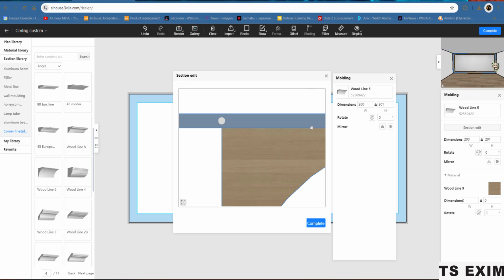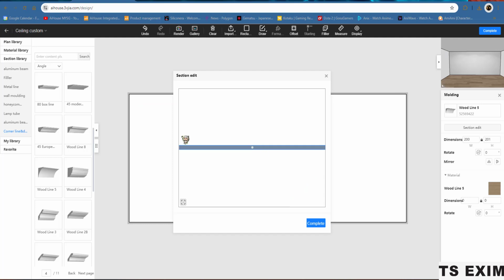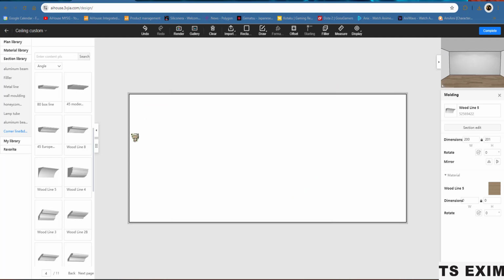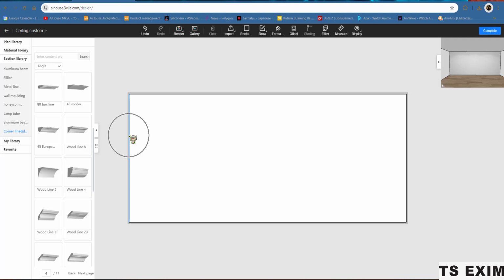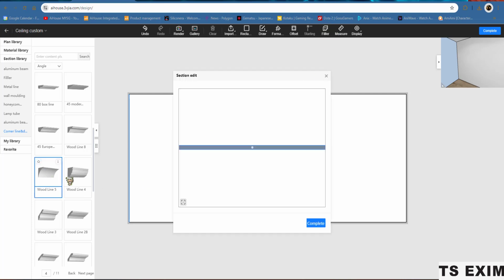Okay, as you can see here, it's big, right? So this is not what I want. So I can delete first. Select this one at the edge here, then press filler, then drag and drop like